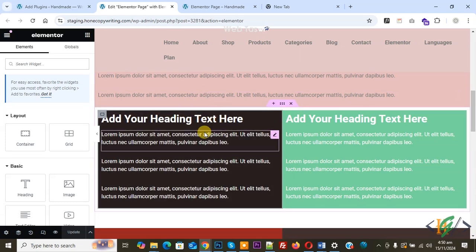Bismillahirrahmanirrahim. Assalamu alaikum. My name is Hassan, and today we are going to show how to hide or display a content container, widget, or column